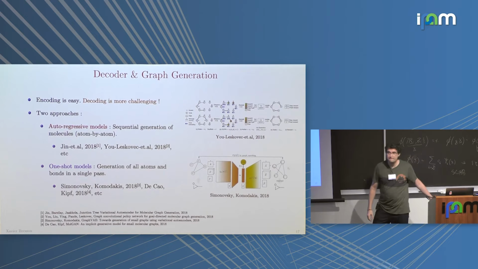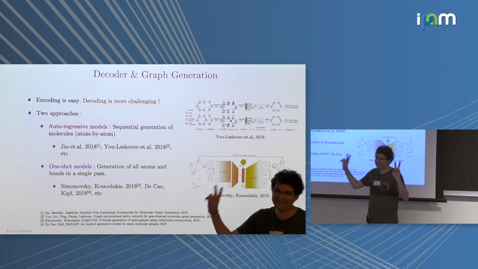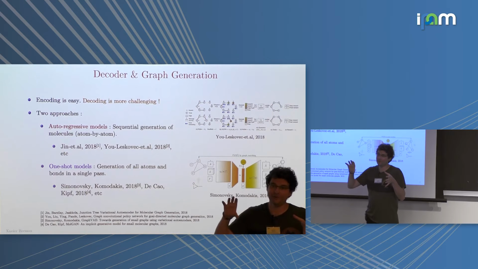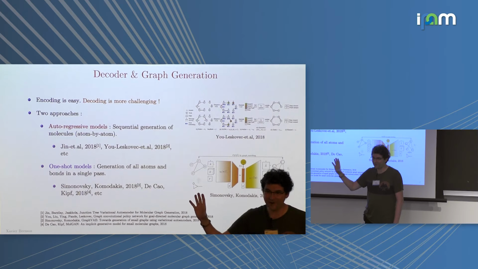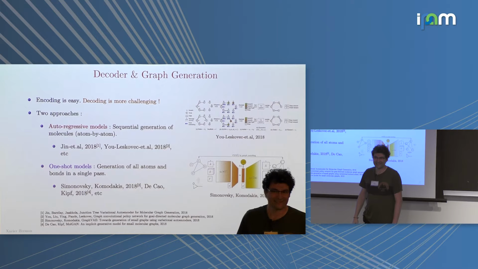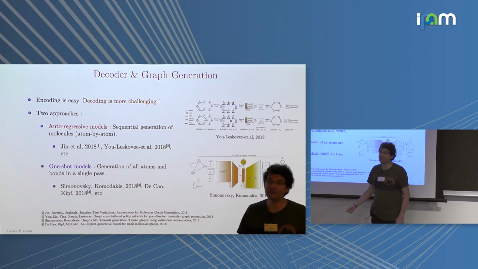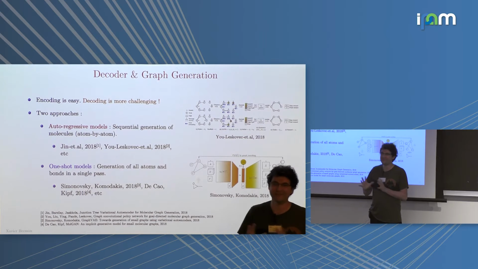In the sense that going from a combinatorial object to a vector is kind of easy. But you take your vector and you decode it to a graph, this is much more difficult. Of course, you need some kind of criterion to say that. So in my world, this is something easy. And of course, you need to put in additional constraints, like physical constraints, this kind of stuff. But I think it's still reasonably easier to do than doing the decoding.